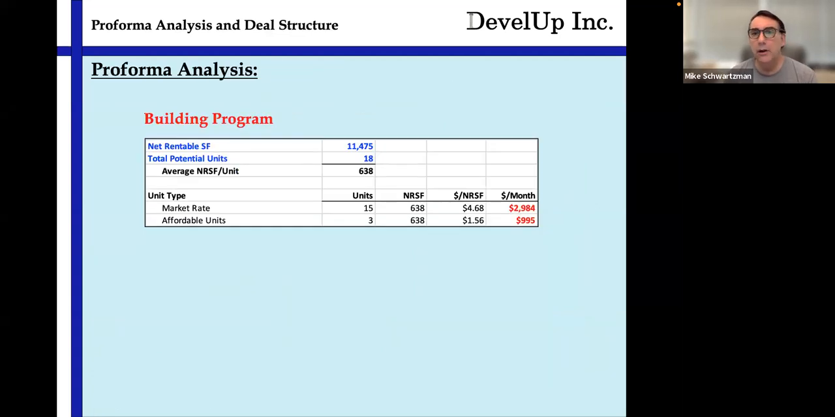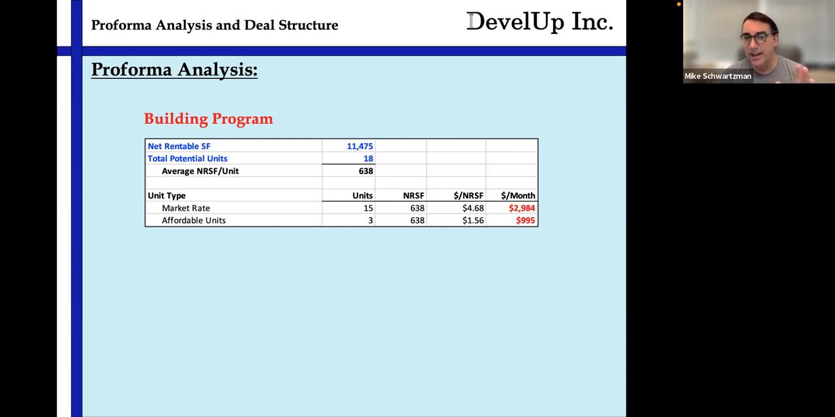So let's look at our pro forma analysis. We looked at our building program. We got our net rentable square feet, 11,475. We got 18 units. We've got our average net rentable square feet per unit. We know our different market rate versus affordable. We can establish, based on our property manager and our marketing branding company,